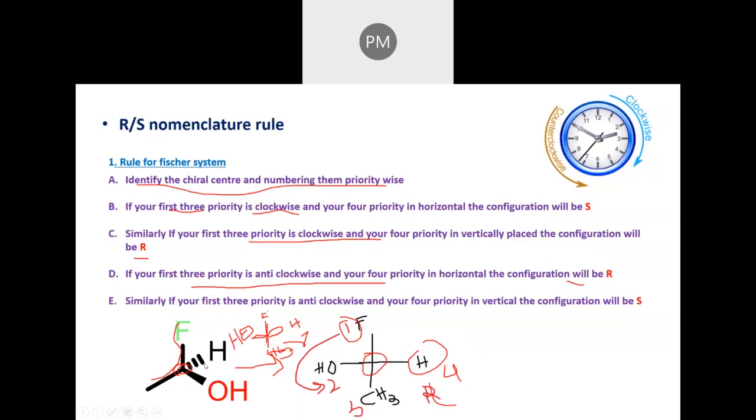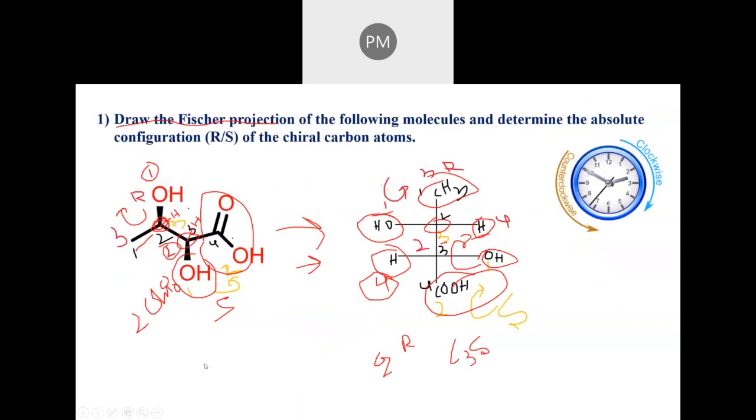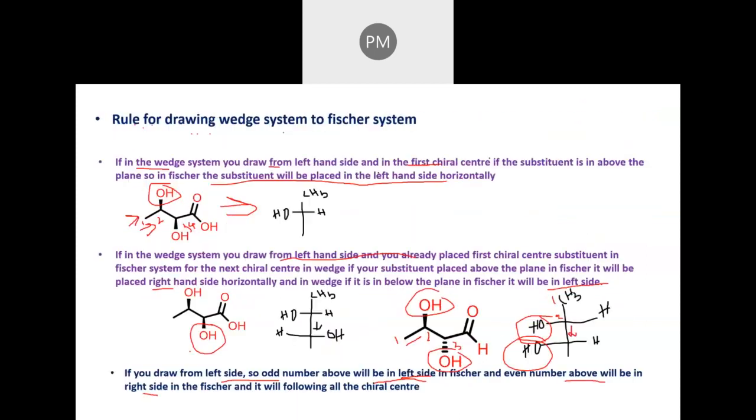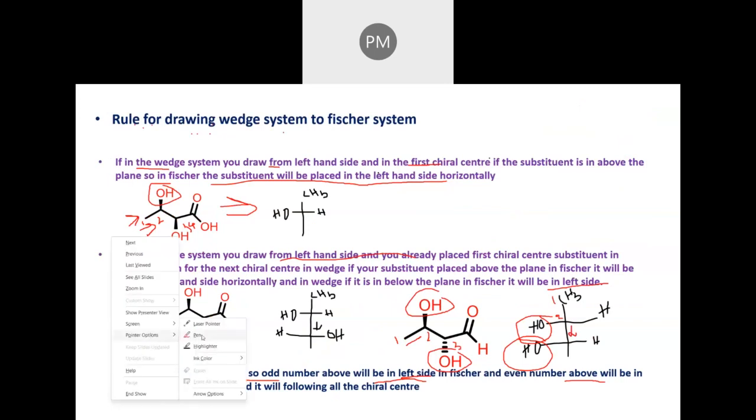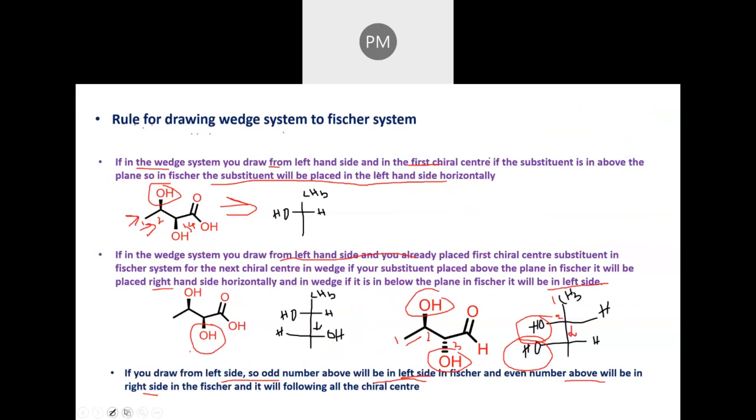So now we have to draw that molecule. I have simplified the rule. So the simplification rule is like this. If I draw any center from the wedge to the Fischer form,